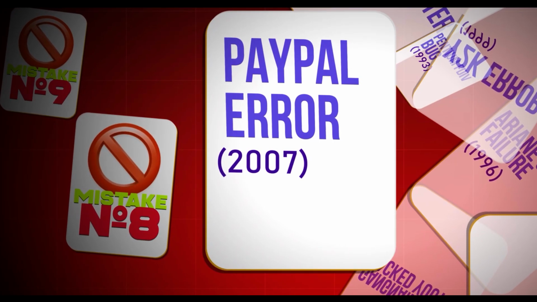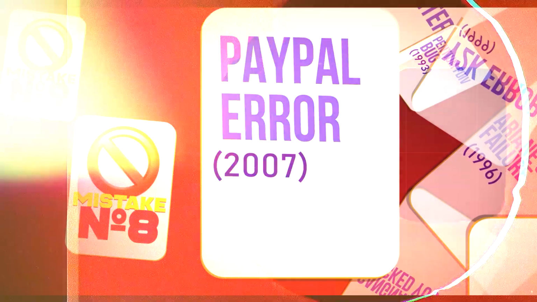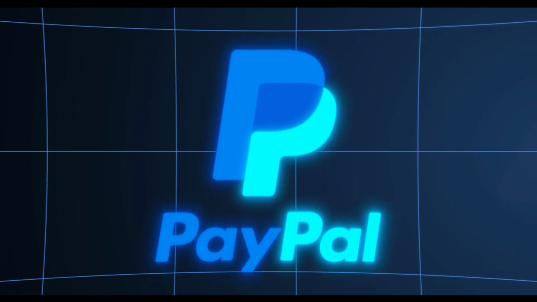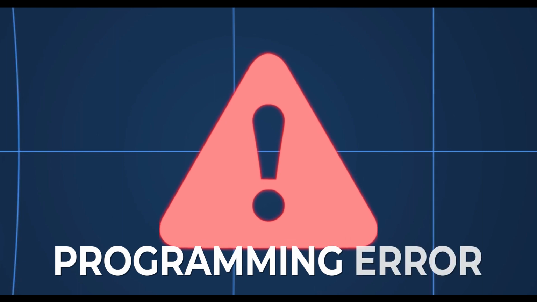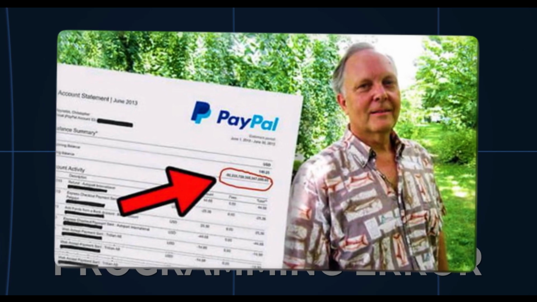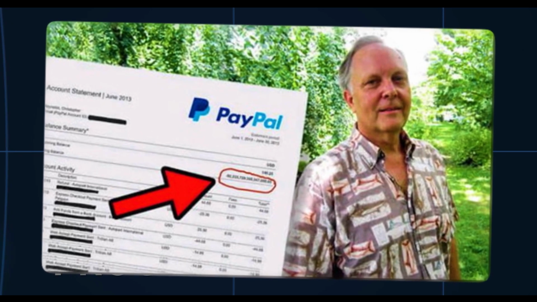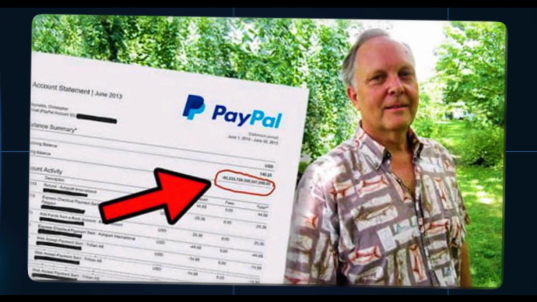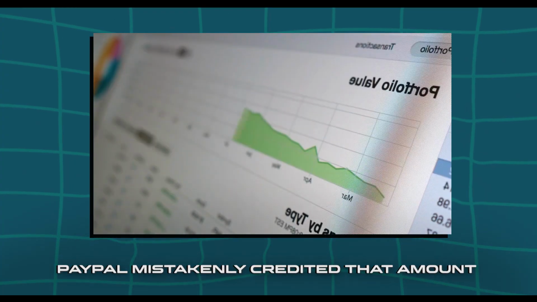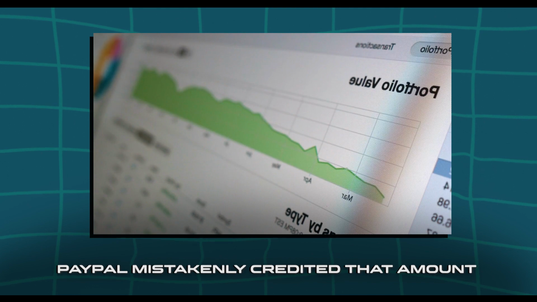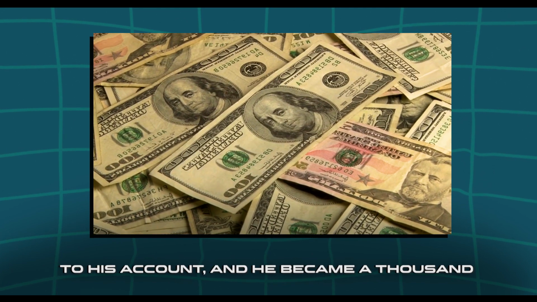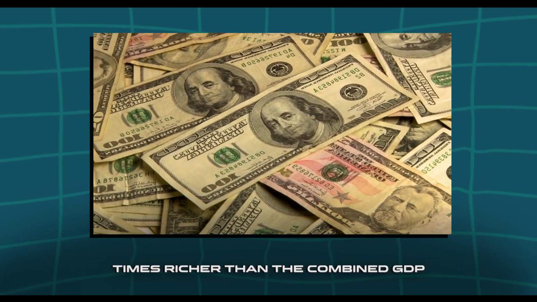7. PayPal error 2007. The world's largest online payment processor, PayPal, also encountered a programming error. PayPal accidentally made Pennsylvanian Chris Reynolds the richest man in the world with a fortune of $92 quadrillion. PayPal mistakenly credited that amount to his account, and he became 1,000 times richer than the combined GDP of the